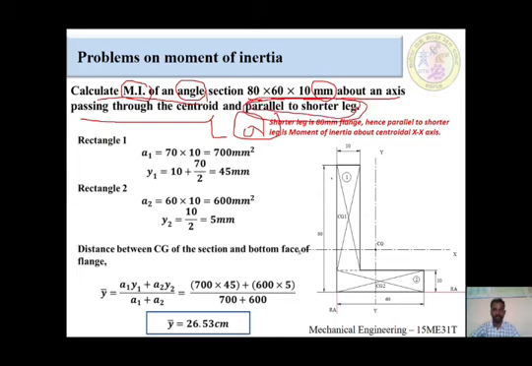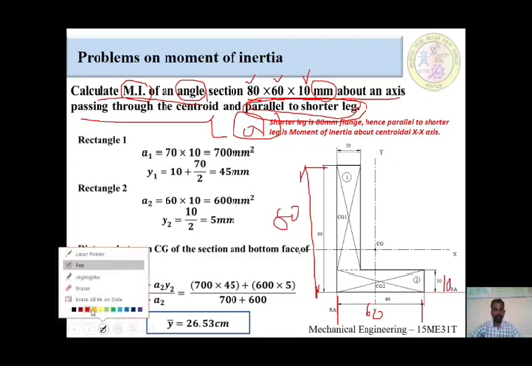Okay, if a figure is not given in the problem, which one do we take as 80, which as 60, which as 10? The 80 we take as the longest leg, 80 millimeter. Right, this would be the shortest leg. This we take as 60 millimeter, and this we call the web part, 10 millimeter. Okay, if the problem diagram does not give it, we have to split like this only. Okay, I will erase this.